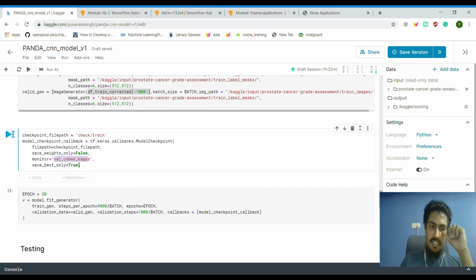That decision is taken based on this one. So I'm going to let the model know, so that I will have only the best model saved.